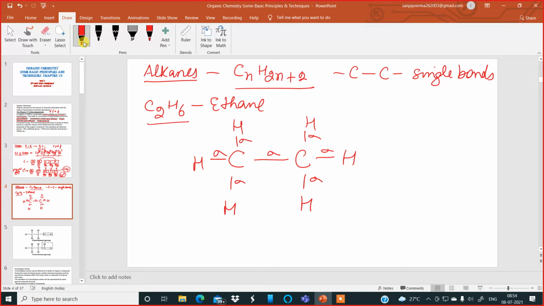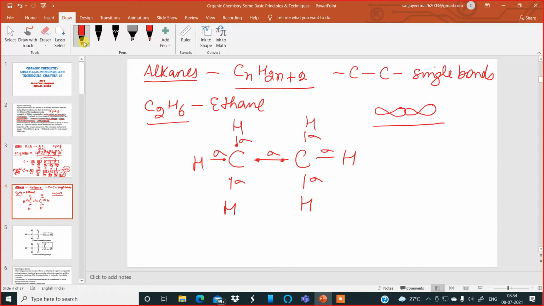Carbon, as I have already told you, has 1 electron in the 2s, and the remaining 3 electrons in the 2px, 2py and 2pz. They overlap. This one, 2, 3, 4. And over here, this electron overlaps with the electron of the other carbon atom, head-on overlap. These sigma bonds are formed by head-on overlap. If the orbitals are overlapping this way, it is called head-on overlap, and whenever there is head-on overlap, sigma bonds are formed.